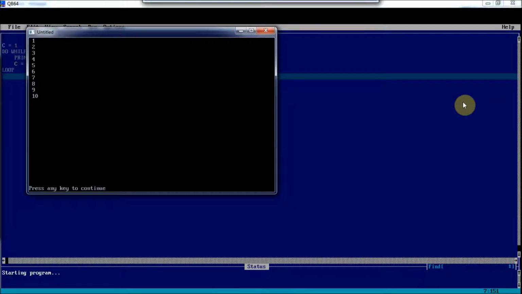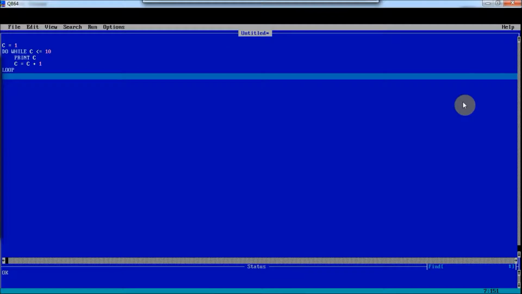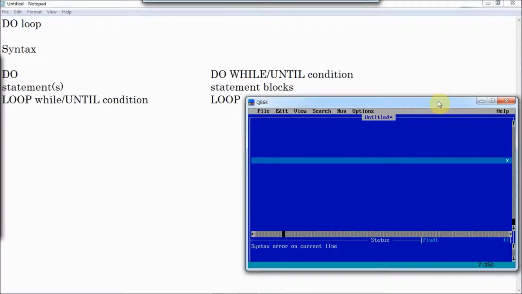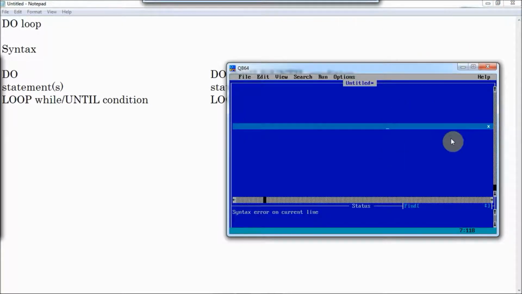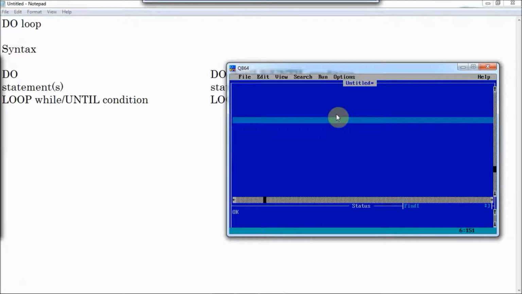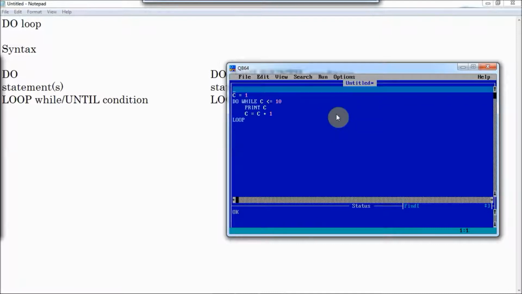So you can see the output on the screen. Similarly, I'll do this using the other method, that is the post test.